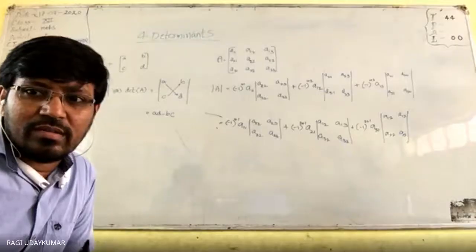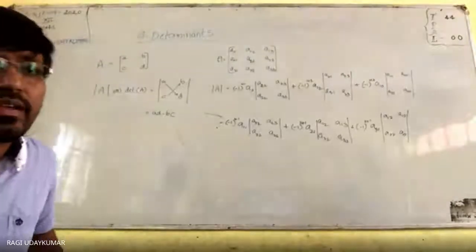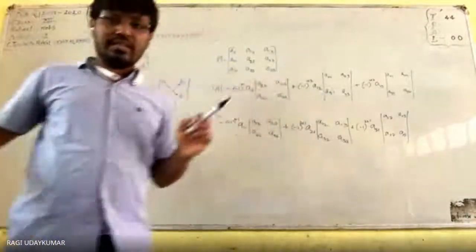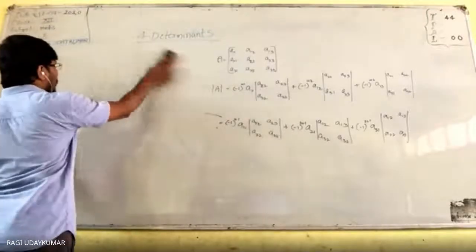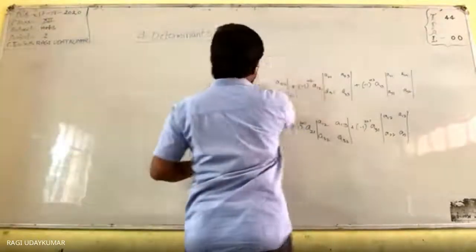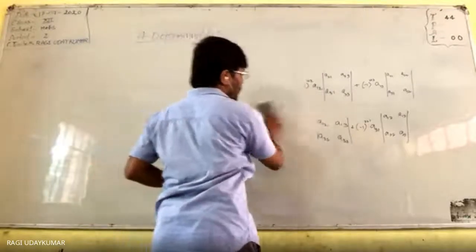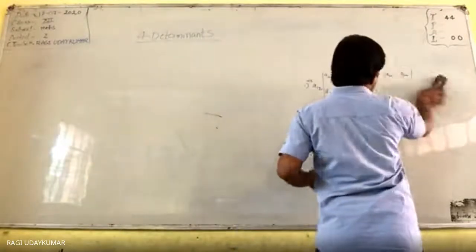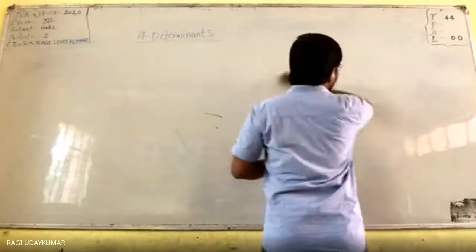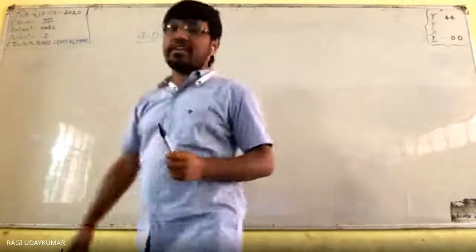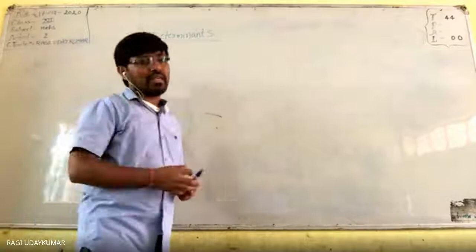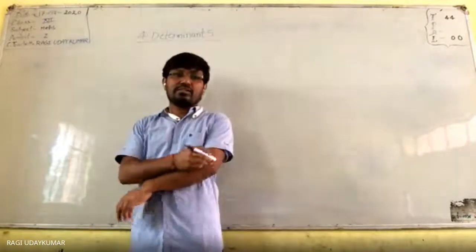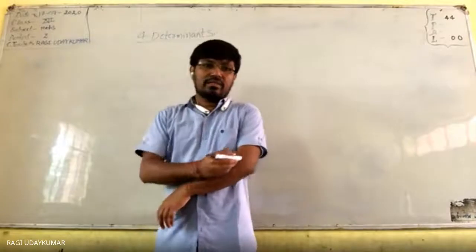Okay. Everyone understood now? How do we find the determinant of the matrix? Yes, sir. Okay, good. So let us see the example problem, the exercise problem. Exercise 4.1. Today let us complete exercise 4.1, and in the next class, tomorrow's class, we will go for the properties. That is very, very important, and different types of problems will be there based on the properties. They are the very important problems from your examination point of view. This exercise is just for 1 or 2 marks questions that will be asked to you.